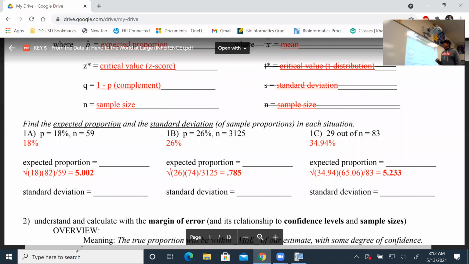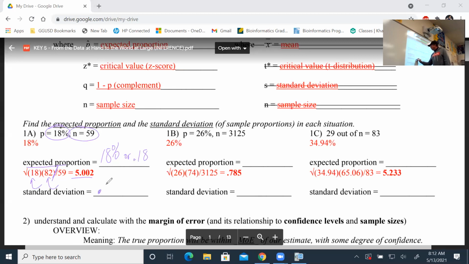So if you do some sample of size 59 and 18% come out in the sample, your expected proportion is 18%, or you might write 0.18, depending how you want to do it. Then the standard deviation of this is the square root of 18%, the complement of 18%, divided by the sample size. And that comes out